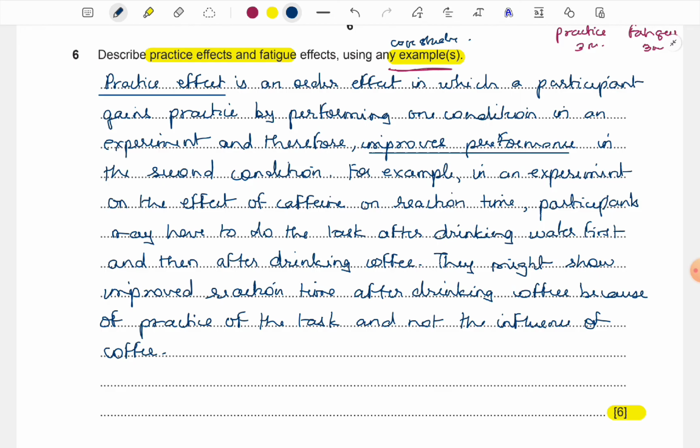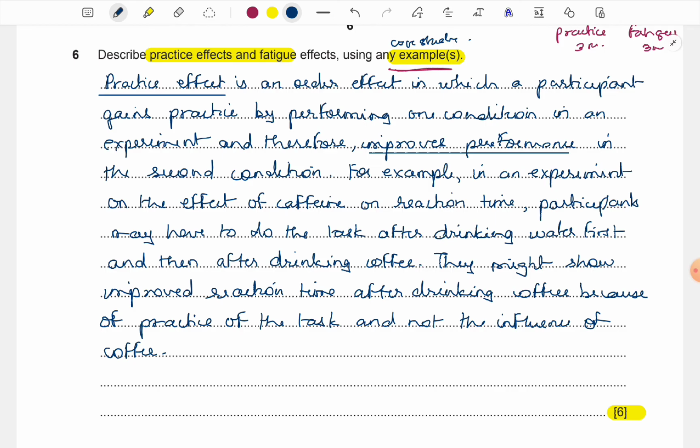Why is some IV and DV not specifically named? Like in my case, the IV is coffee and the DV is reaction time. Why is no specific or concrete example given of those things? Why is it just again generally talking about IV and DV? So an example is an example. It has to have some concrete